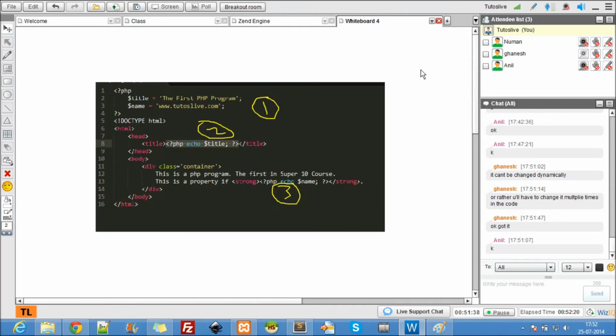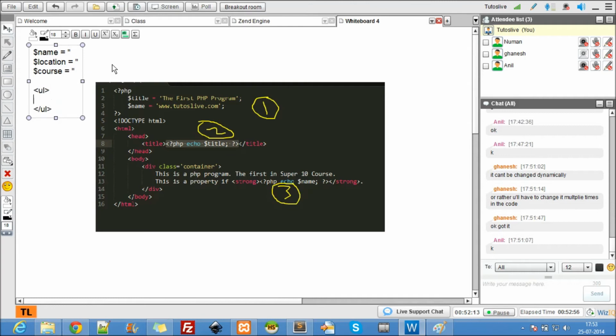Okay, try to install it, and the next task is to write your first PHP code. What I want from you guys is your portfolio, like this: $name equal to your name, $location equal to your location, and $course, write down the courses you are taking. Then make it as a list.